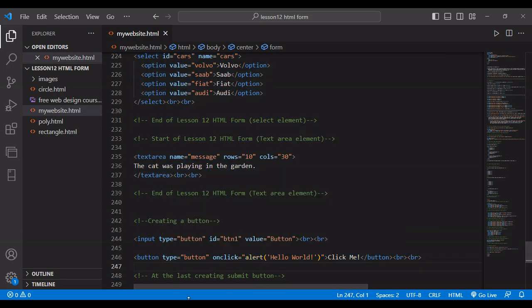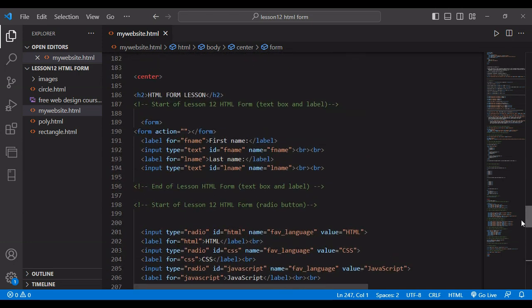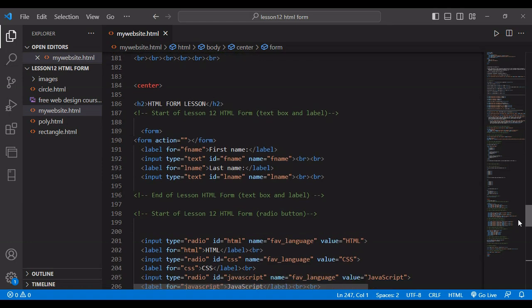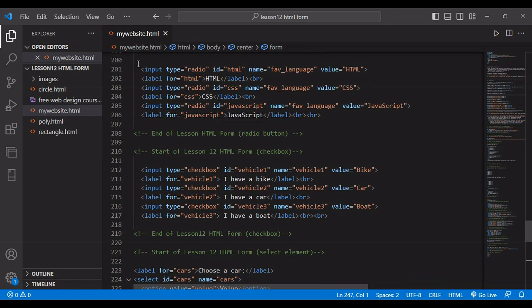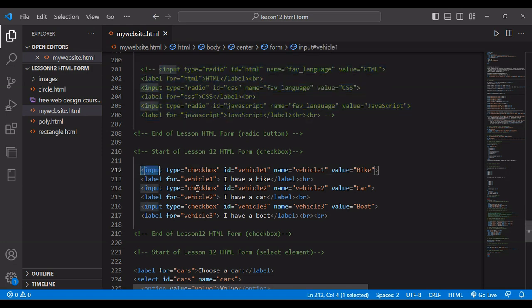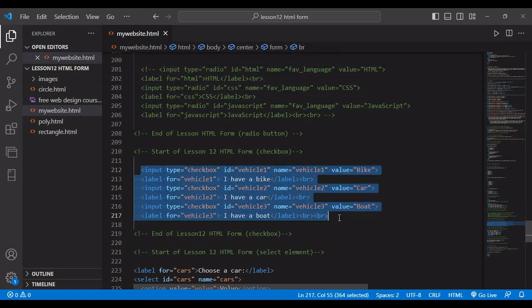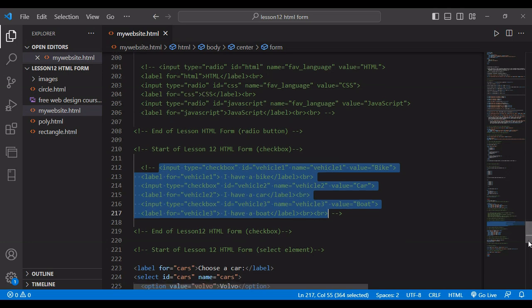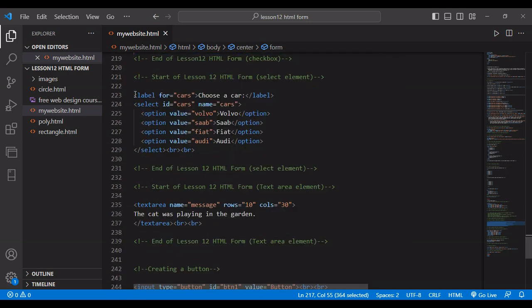So let's just comment out each of the sections, one after one. So let's say, for example, this, like this, then this, like this, and